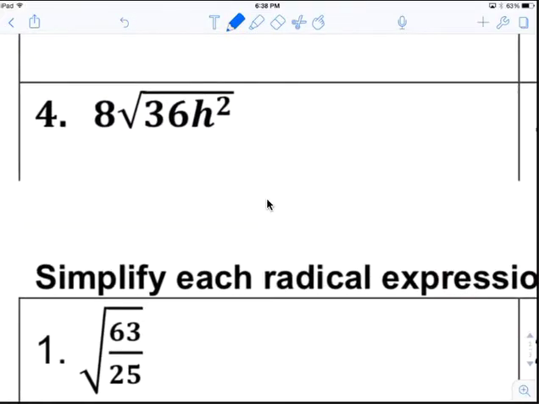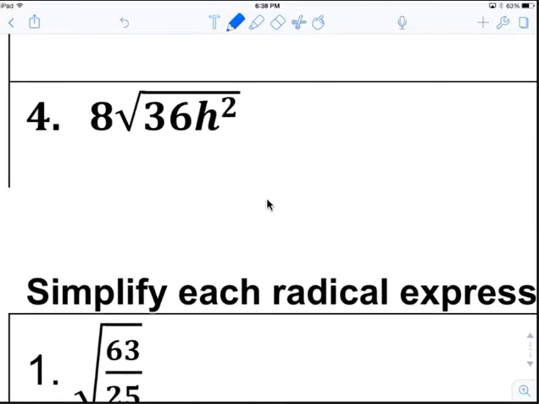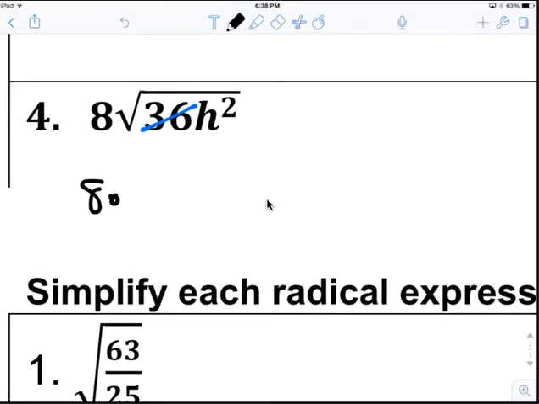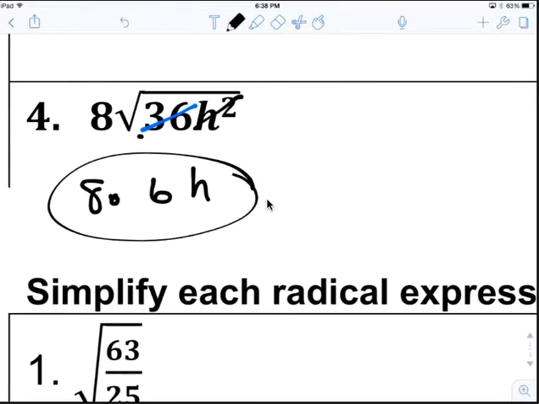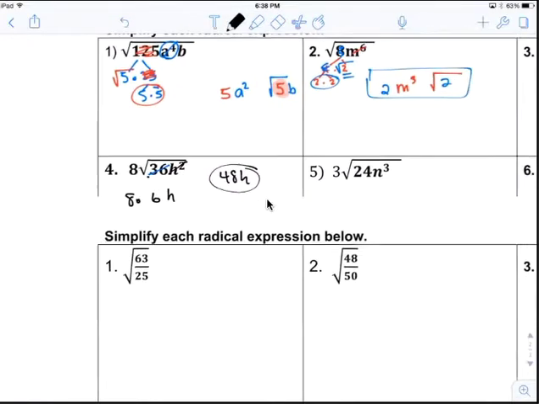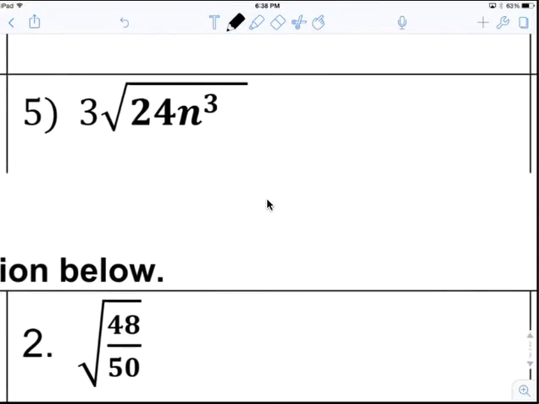Okay, and then this one here. 36 is a perfect square. 6, this is 8 times the perfect square of 36, which is 6, because 6 times 6, you got 1 pair of 6. And h, you got 1 group of h, so you got h here. Nothing left. That's your answer, but you just need to multiply 6 times 8. It's 48 h. Okay? This is 3